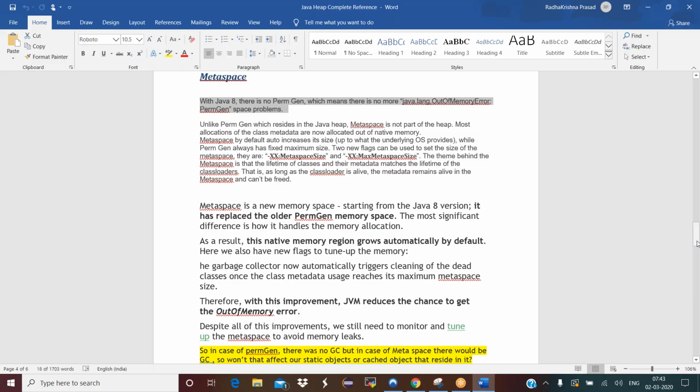It will directly create all the dead classes which are referenced, the entire complete class metadata, when it reaches the maximum metaspace size. So the advantage of using Metaspace is that the JVM has reduced 75 to 80% of the chance of throwing an error called out of memory error. It has been already avoided by the JVM internally by something called Metaspace, and it is not avoided completely, 70